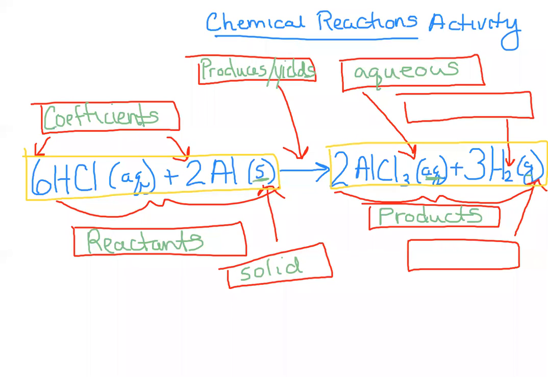If we have a G, that means gas. And if we have a number like this down below, that is a subscript. So that's what you need to do for the first part of your activity for section 3. Then the next part